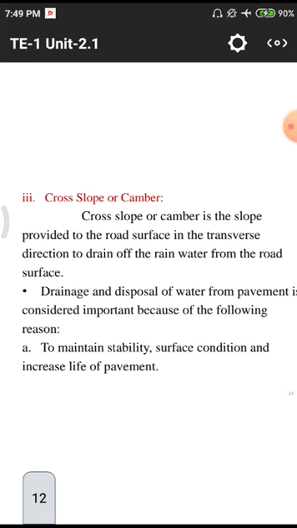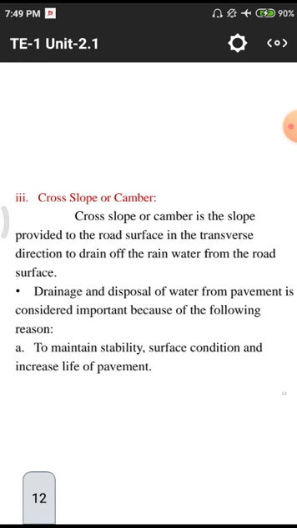And the next one, cross slope or camber. As previously we discussed, we mainly observe these cross slopes in heavy, fast-moving vehicles like races and others. These cross slopes are maintained with a huge amount to counter centrifugal and centripetal forces. The main purpose of a cross slope for a normal road is to drain the water, and the secondary purpose is to counter forces.